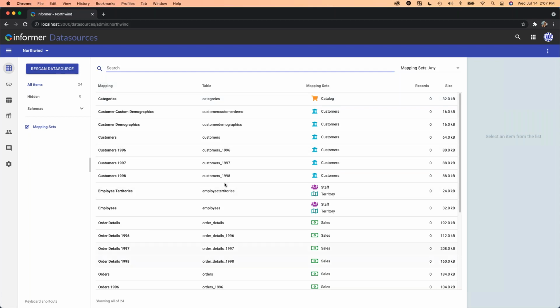In fact, you can see here, this column shows you what the table name is on the database, whereas this one is the pretty name that we've decided to give the mapping, which gets defaulted for you as a logical name. And then you'll see this third column says mapping set. So when you have only 24 mappings, like in this Northwind orders data source, it's not super useful to be able to categorize these things, but you can see how it could be nice